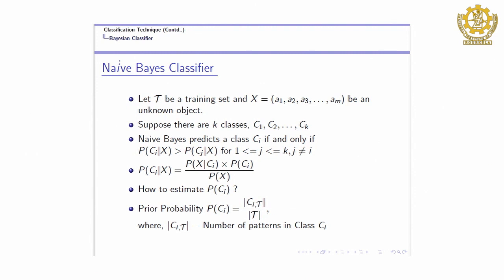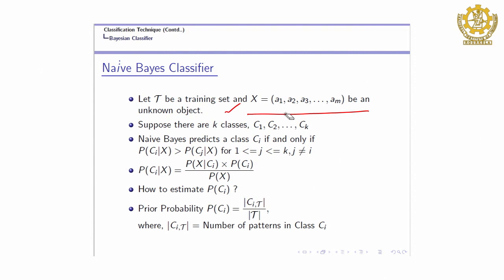The naive Bayes classifier has a basic assumption, that is why it is easy to apply, instead of the Bayes classifier. It is really difficult to apply the Bayes classifier. So, what does the problem statement say? Let us say you have a training data set and X is the unknown object. Then what you have to do is identify the class level of this unknown object. As usual, this is the task of the classification problem.